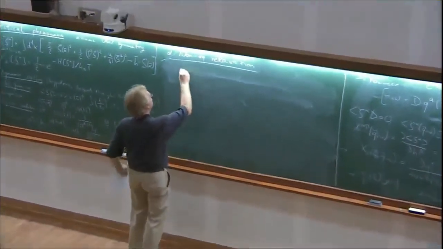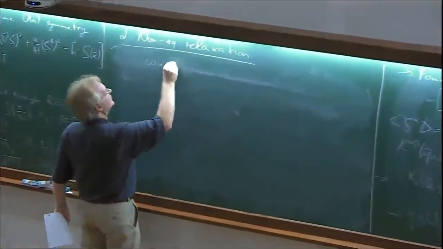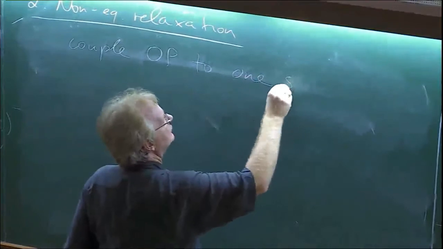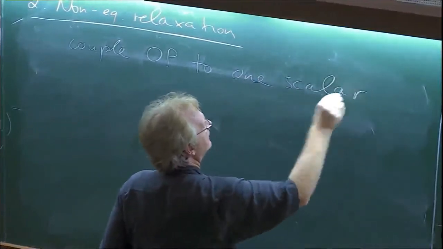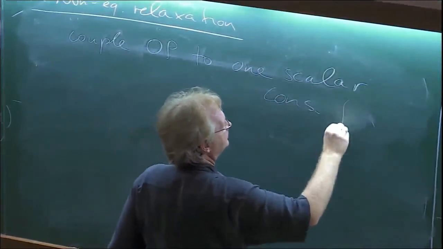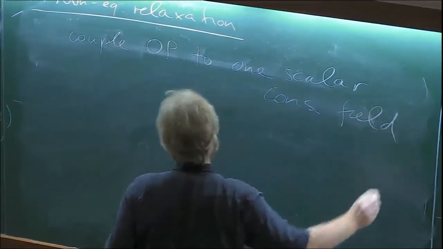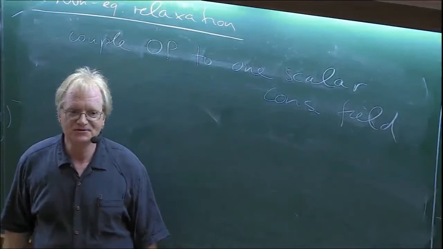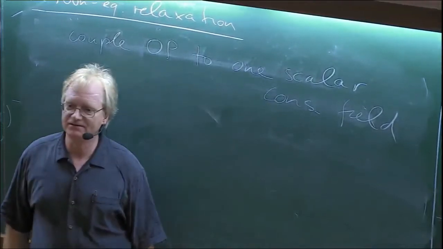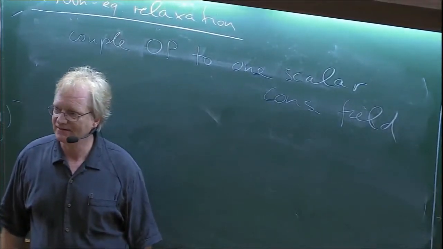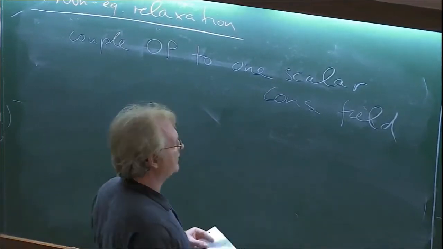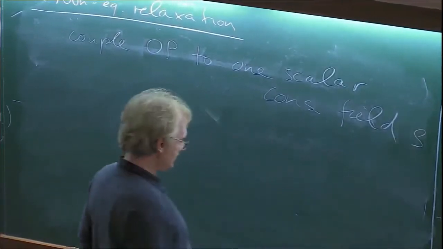Okay, so we couple the order parameter to one scalar field. And really for sanity, we need to do this because we know that at least the total energy is conserved. So we know there always has to be one other conserved quantity, okay? And that's the energy density. So I'm going to call that rho, and we're thinking about the energy density.